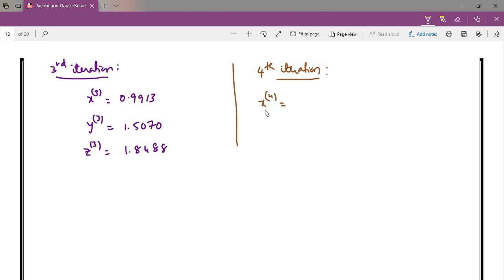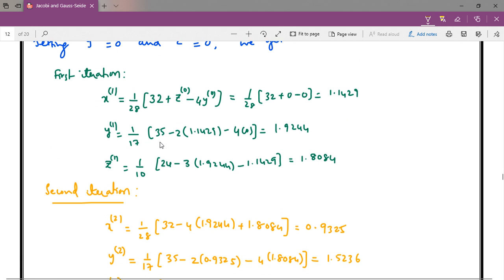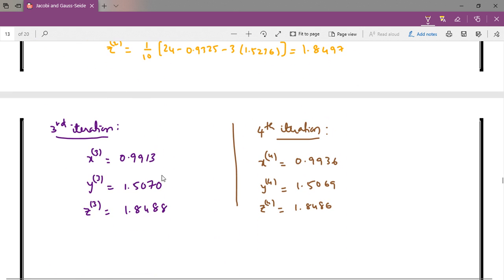So in the fourth iteration, while calculating x4, make use of y3 and z3. So this gives you 0.9936, and y4 is 1.5069, and z4 is 1.8486. See, in the iteration process, you just need to write the first 2 or 3 steps like this, right,